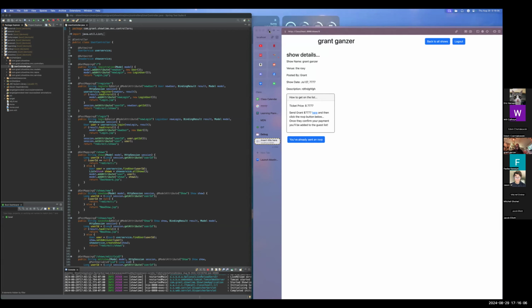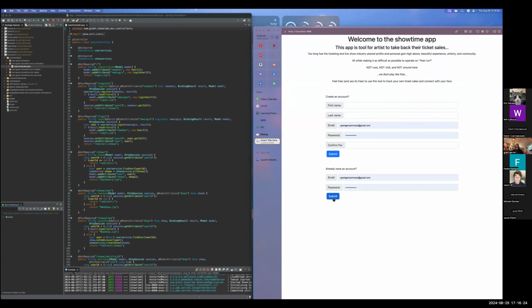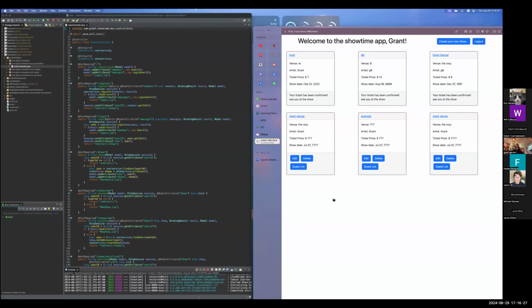And so then we can go back to all shows, and there's also some conditional statements here on these show listings where if you've RSVP'd already, it'll say your ticket is still being confirmed. Check back later. So then we'll go back to the artist of that show or the listing user, and when they